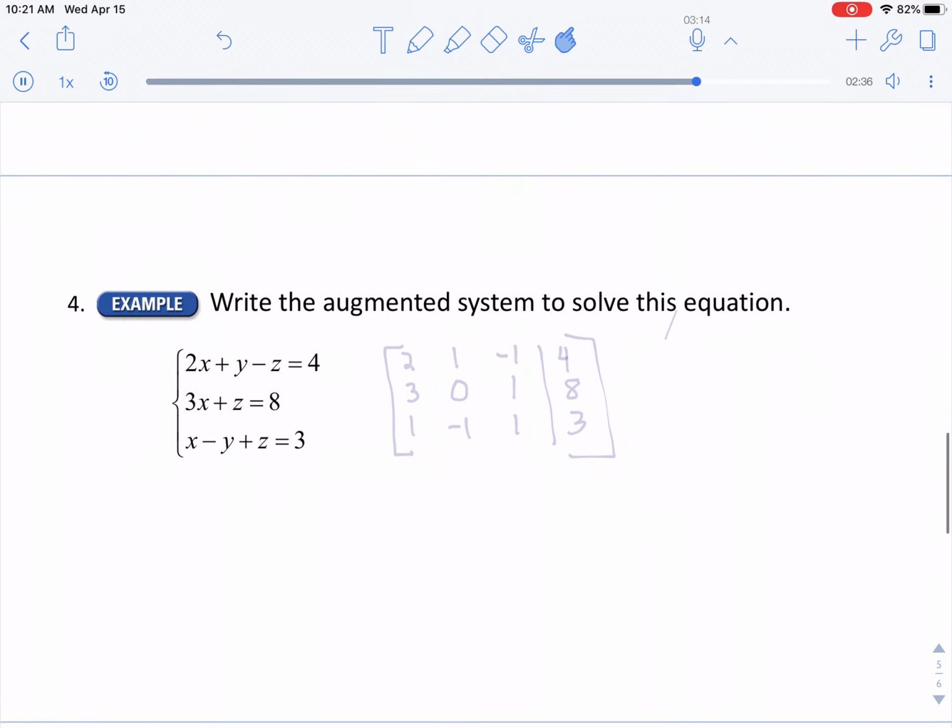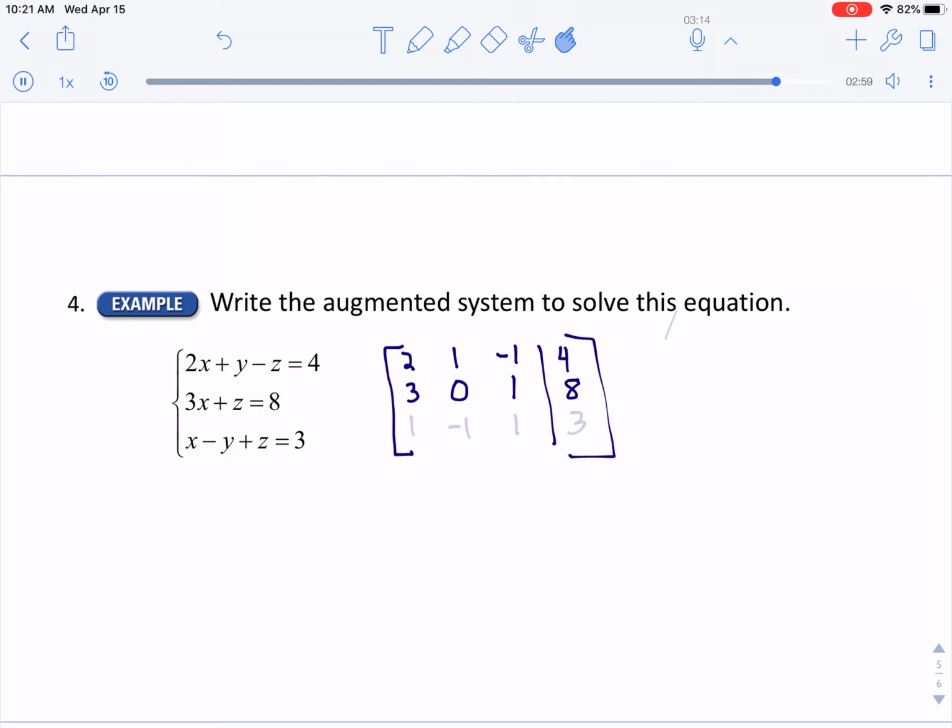So the matrix gets a bracket, and the coefficient of the x is 2, the coefficient of the y is 1, the coefficient of the z is a -1, and the constant is 4. The second row, the coefficient of the x is 3. There is no y, so we need a 0, and the coefficient of z is 1, and the constant is